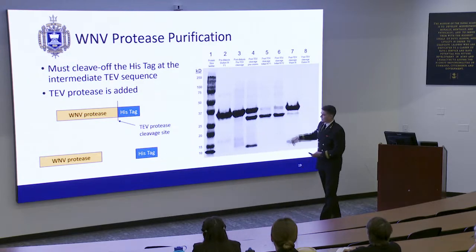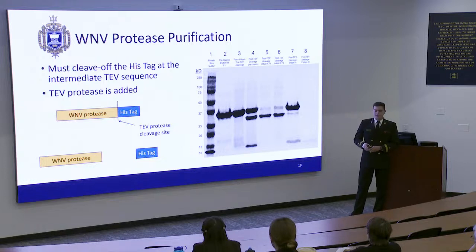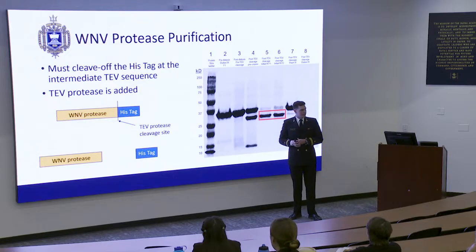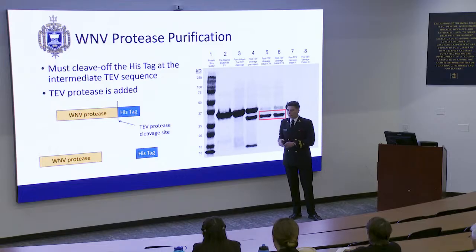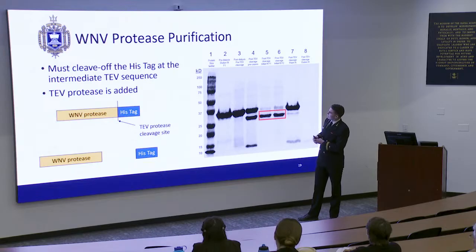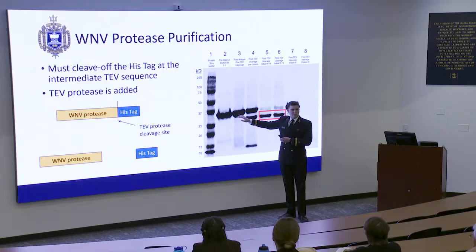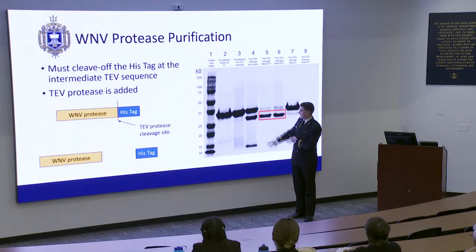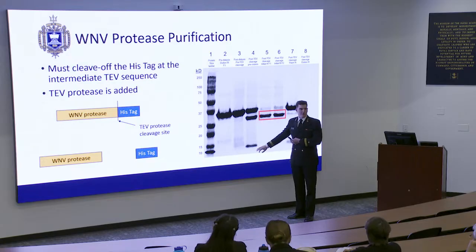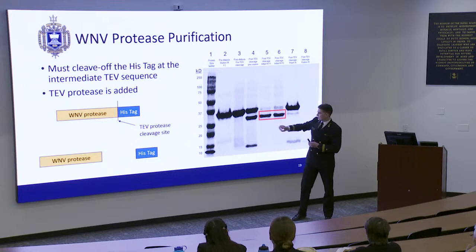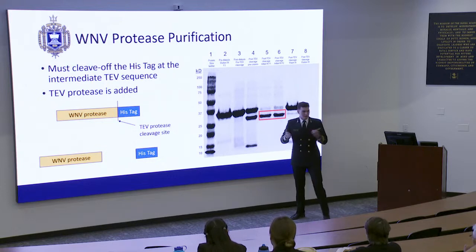And this, once again, is a protein gel that sorts out the fragments. And what we see is that we have dialysis so that we can actually add the TEV protease. We need to change the solution, the environment that the protein is in, so that the TEV protease can function. Then we add the protease, and we see that we go from very concentrated protein of a certain size, and now we have that same size but also a smaller one and a very small one, which we hypothesize is the West Nile virus protease and the His tag cut off.